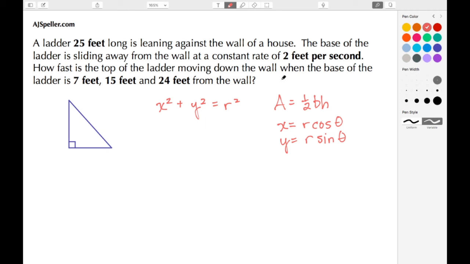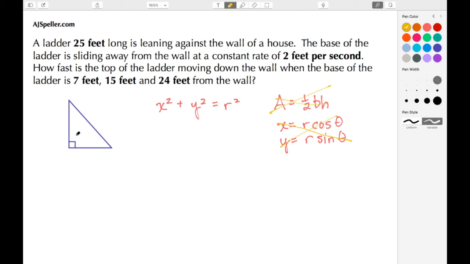All right, all these are functions that we could relate back, but if we look at the question, they're not asking anything about area, so we can discard this area formula. They haven't given any information about the angles, so we can discard these two trig-related formulas. So here we're left with x squared plus y squared is equal to r squared.